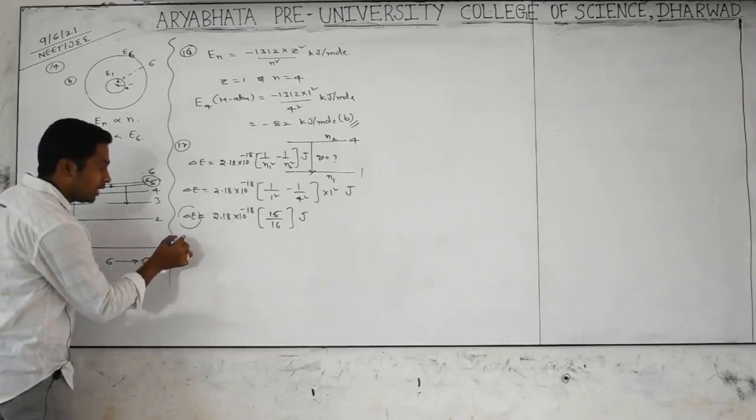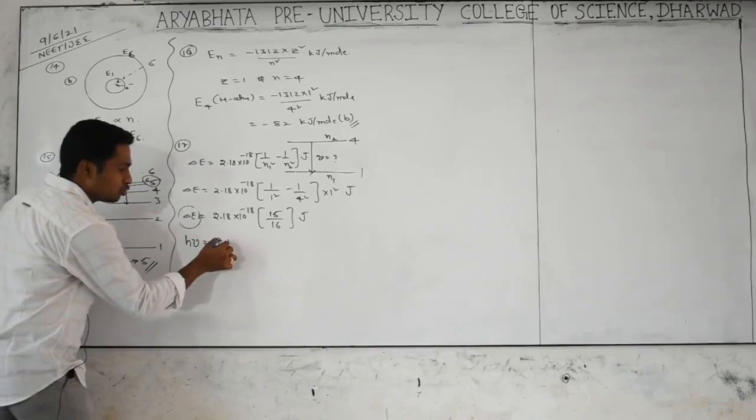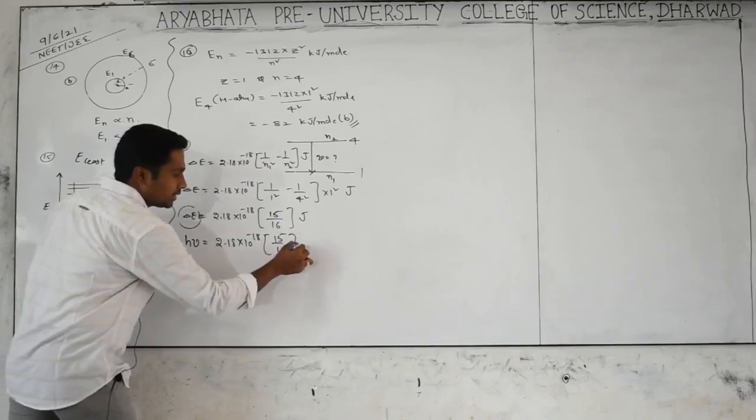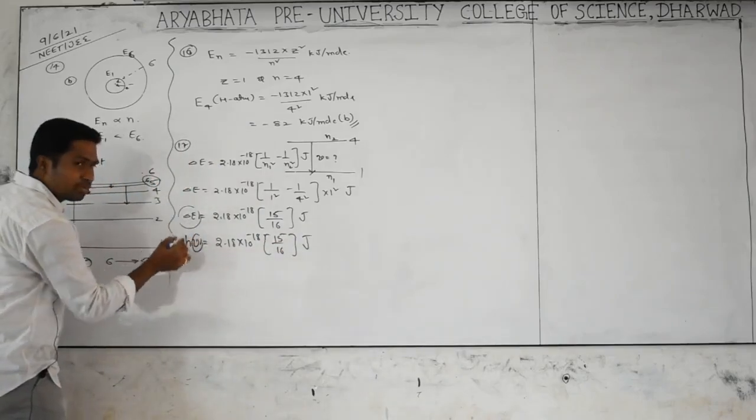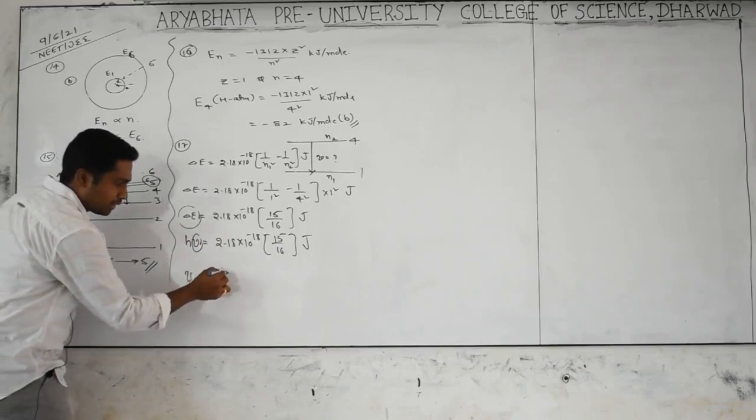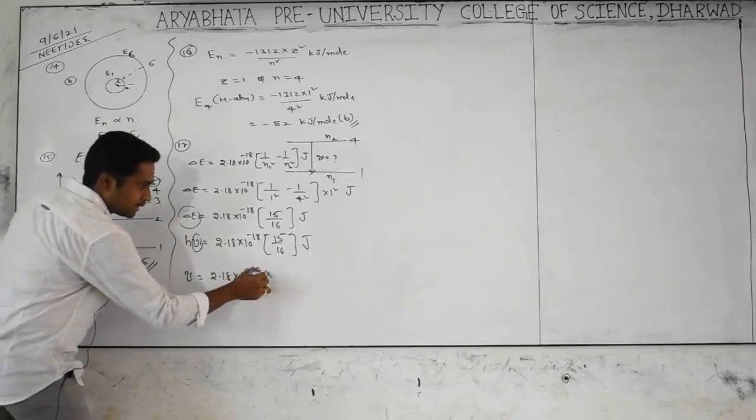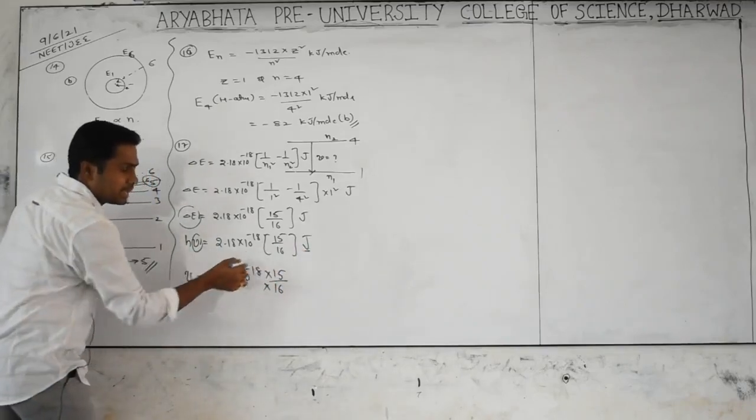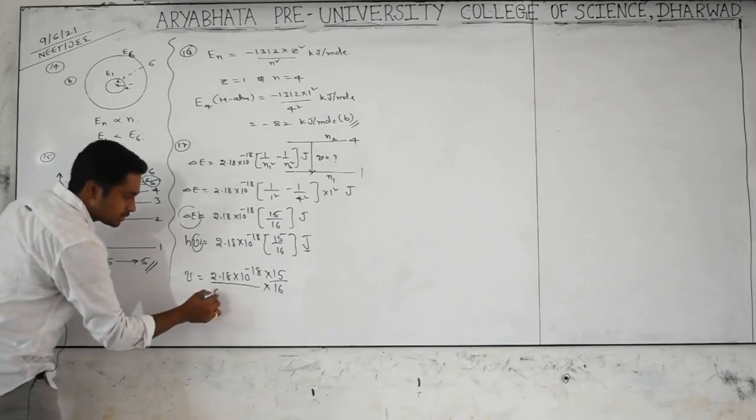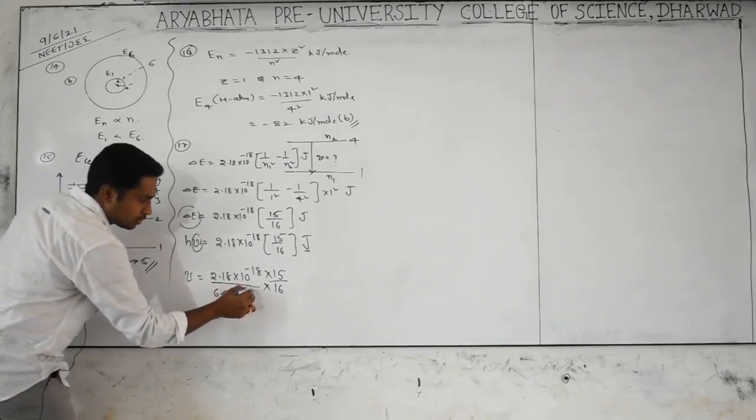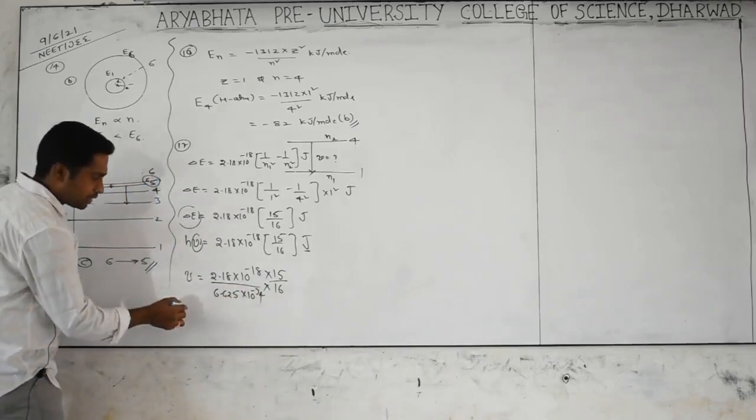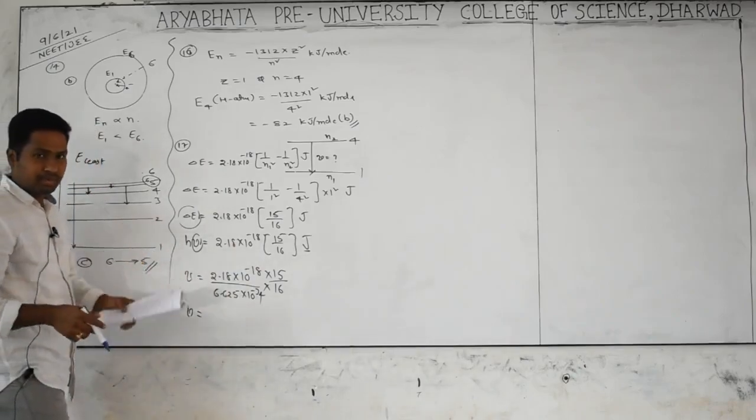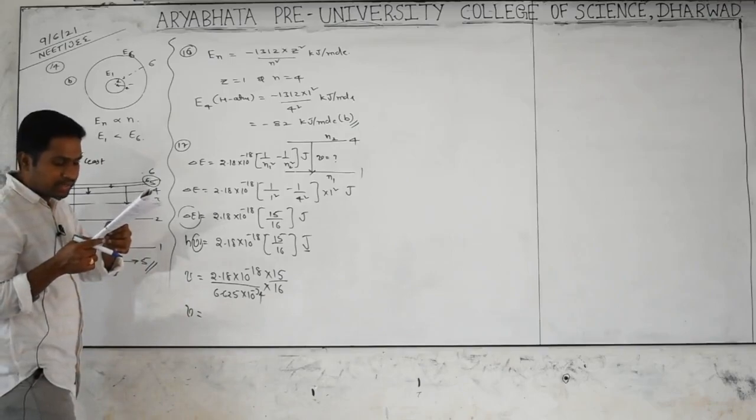But you know delta E, the energy difference, is nothing but light. Light energy formula is h nu. h nu is equal to 2.18 into 10 to the power of minus 18 into 15 by 16 joules. But I want nu, so do it. Nu is equal to 2.18 into 10 to the power of minus 18 into 15 by 16 into h. Planck's constant should be taken in joules, which is nothing but 6.625 into 10 to the power of minus 34. Do the simplification: you are getting frequency, joule cancels, and what remains is second inverse. So after simplification you may get the third option,